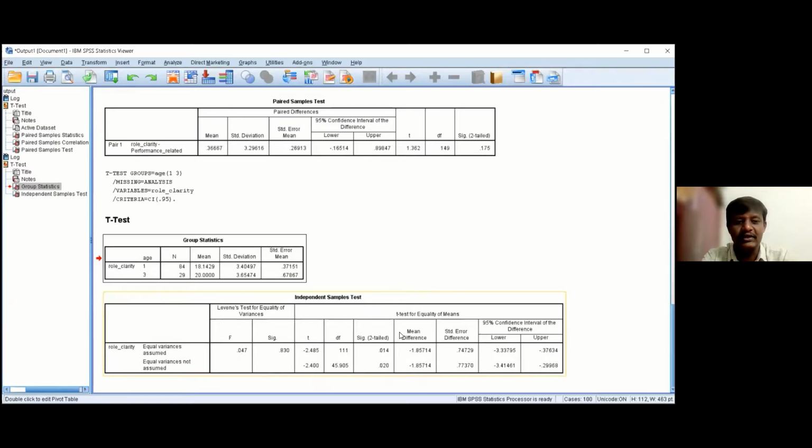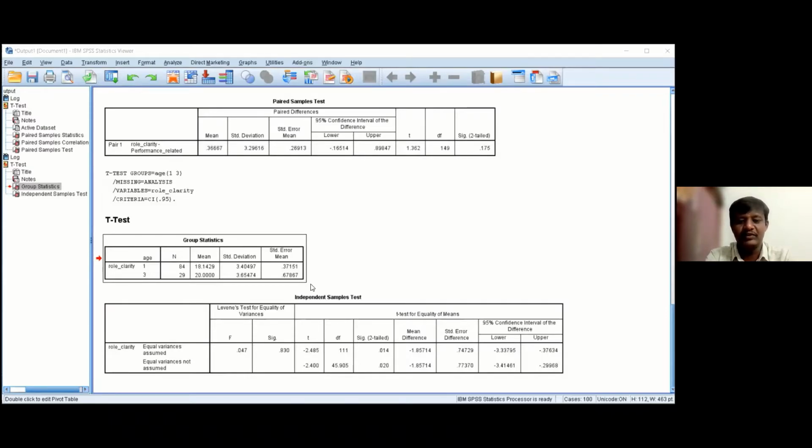So this is related to the independent samples t-test. Then we have role clarity. We have selected role clarity as a test variable, right? So this is the way we need to convert the SPSS output into one table, and we can start interpreting. After creating that one table, we can draft our null hypothesis, and then we can mention the level of significance. Then we can start interpreting the output.